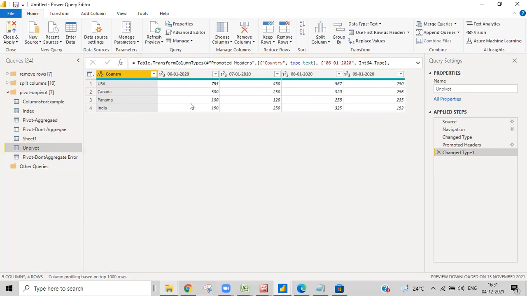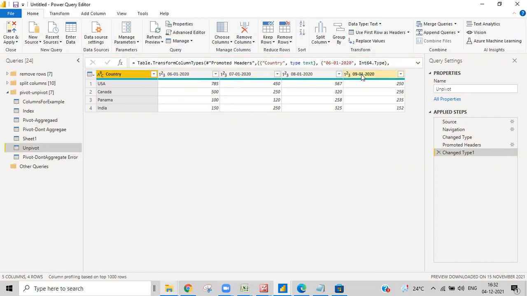You know slicer, right? Yes. Okay, in the visualization, if you want to keep the dates in a slicer and filter on which date the sales were done, we can't do it over here. So what we need is for all the dates to come over here in the rows.